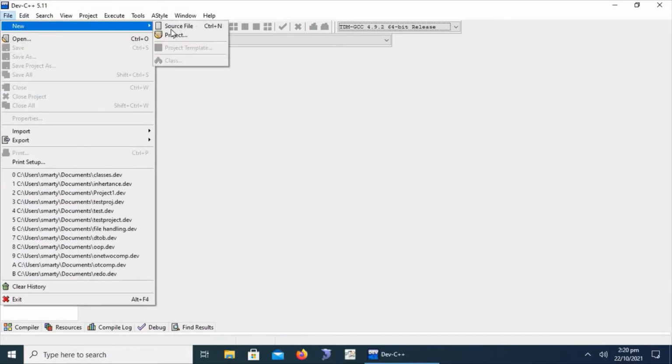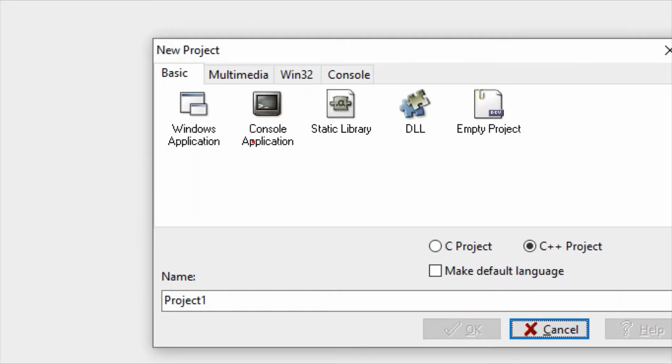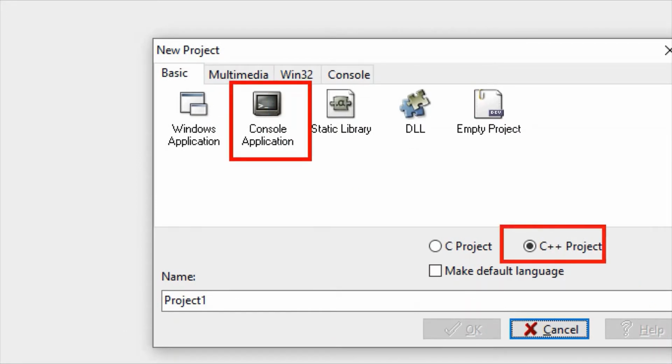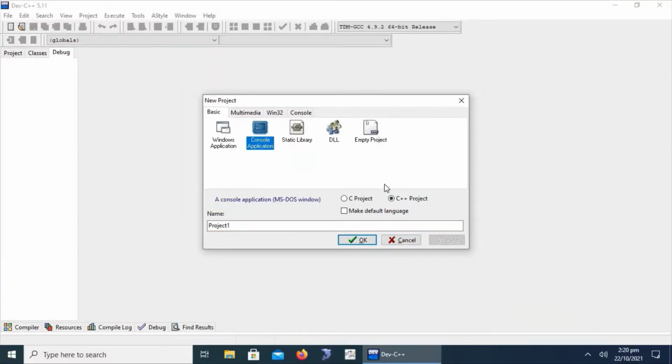So let's start by creating a new project using Dev C++. As discussed multiple times before, we have to create a new project. What is the method? First of all, we will select console application, C++ project, type the project name here, and finally click on OK. A fresh new C++ project will be created in Dev C++. Okay, let's start by selecting the C++ project. We call it function overriding.